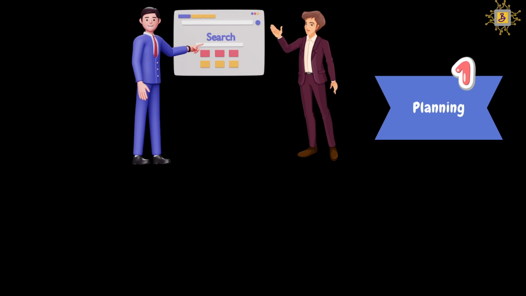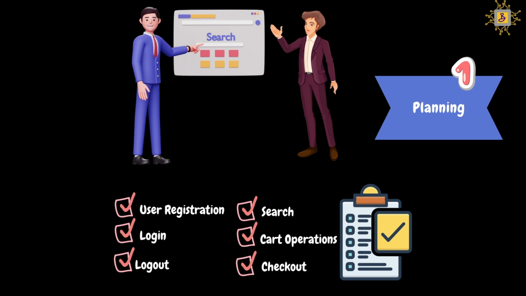Let's assume his requirements are like user registration for new customers, login for the existing customers, logout feature for the existing customers, search feature to allow the customer to search different products in the application, cart operations feature like adding or removing items from the cart, and then checkout feature. These are just a few, but in real time, multiple discussions will happen between the teams to finalize the requirements. In that process, they may add new features or requirements. Once the requirements are finalized, the product owner will take those requirements and move on with the next phase, which